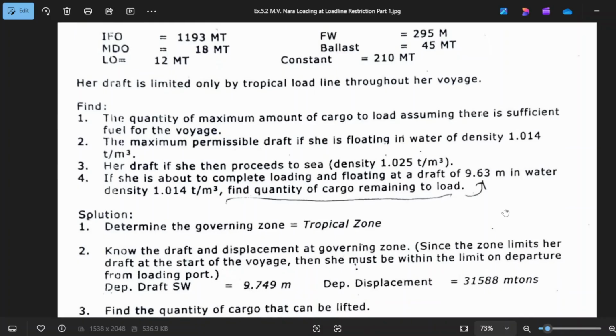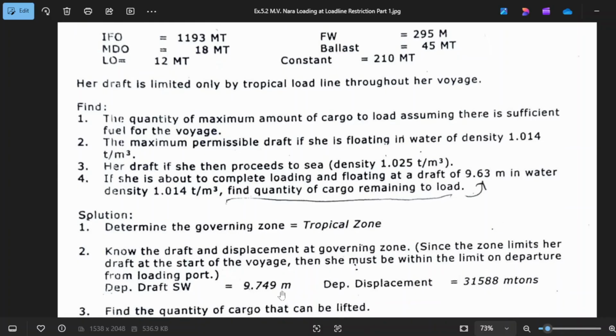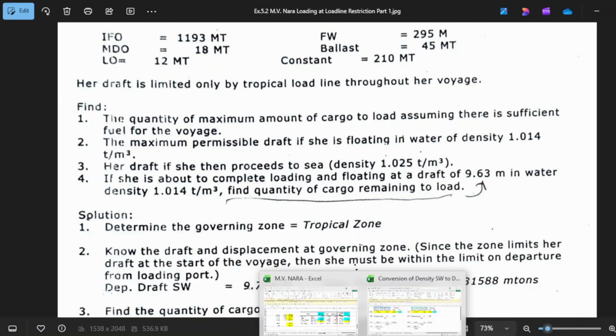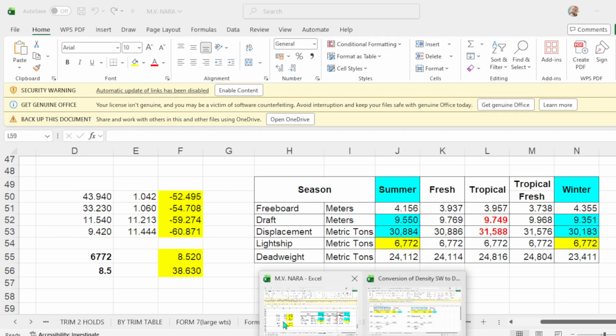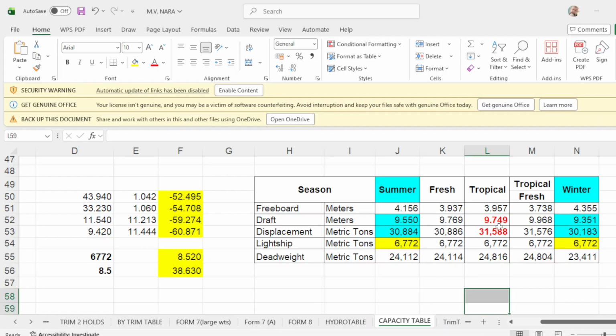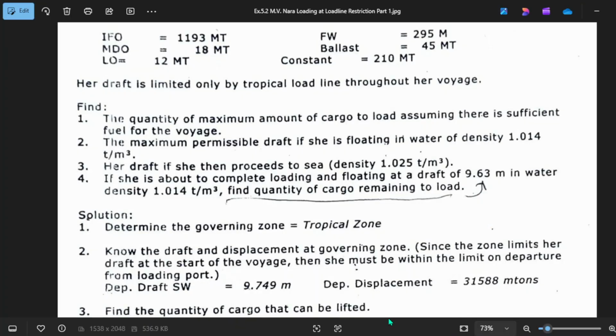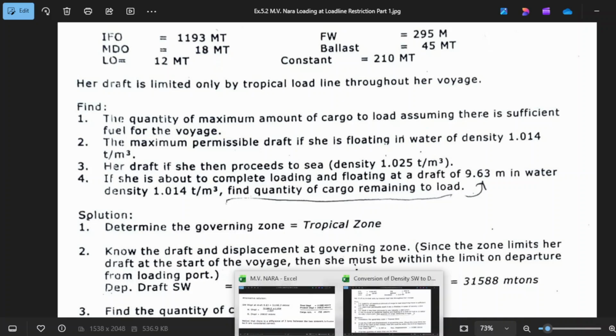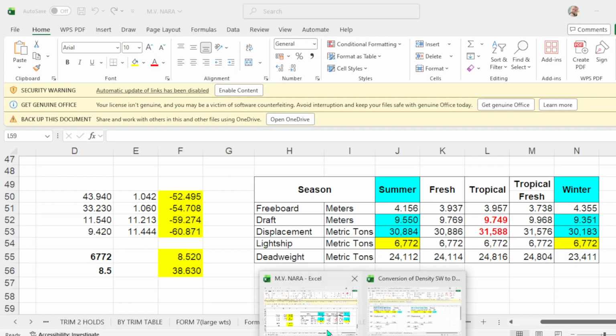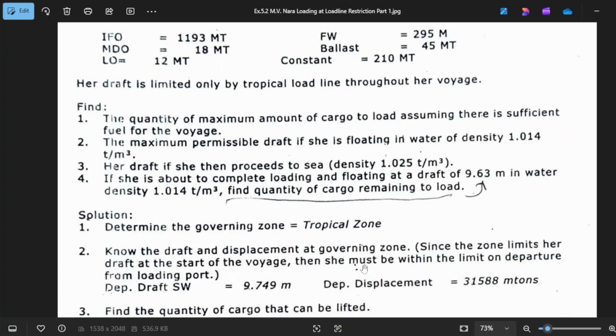Okay, this is 9.749, and the displacement is 31588. Look again at the capacity table. Draft is 9.749, and the displacement is 31588. Okay, again, double check: 9.749, correct.